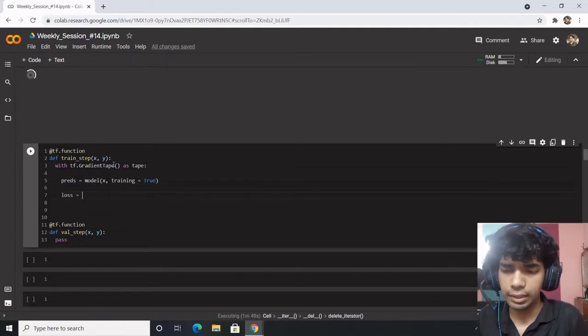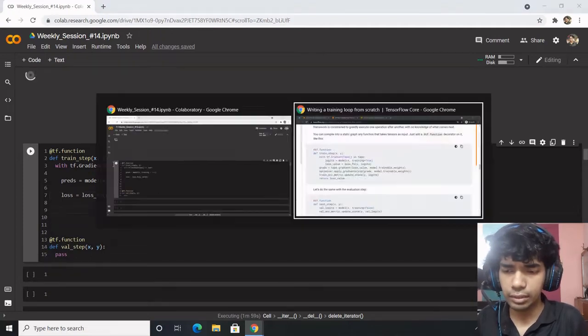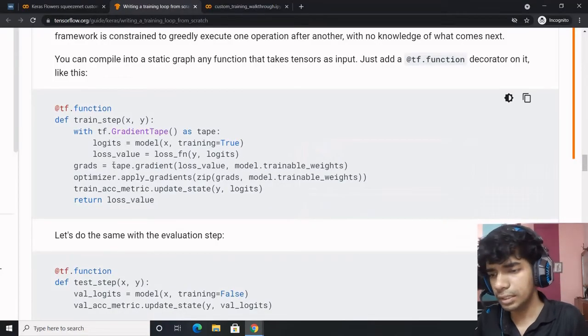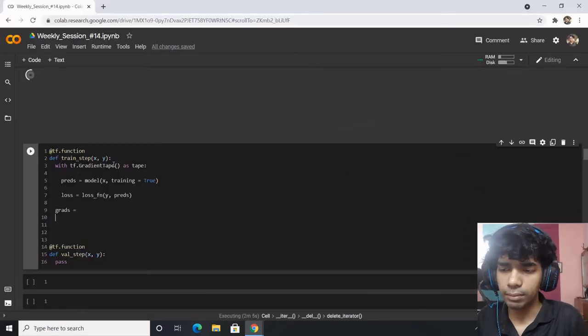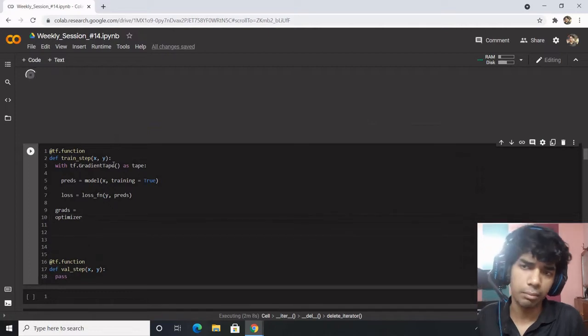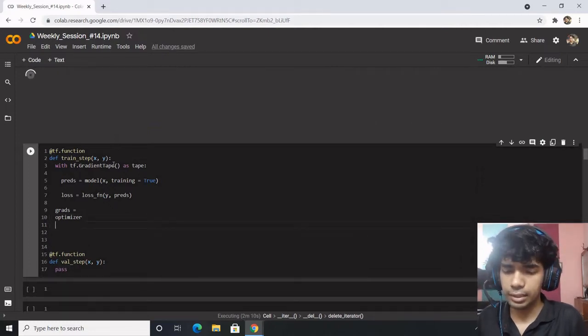Thereby we calculate the loss value with the loss function, wherein I pass the y value and the predictions. After calculating the loss, we calculate the gradients, update the optimizer, do the backprop, and update the training accuracy with update_state.